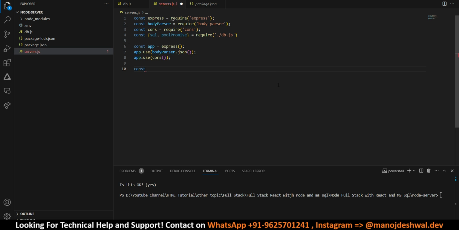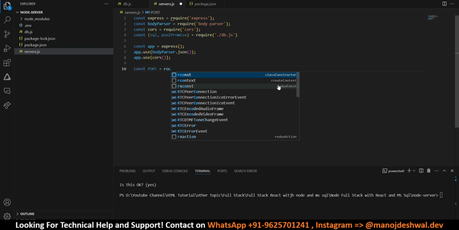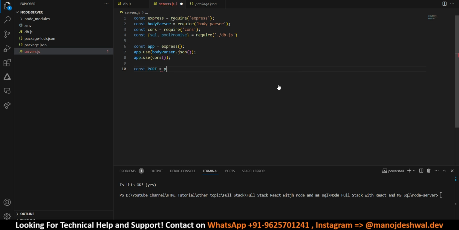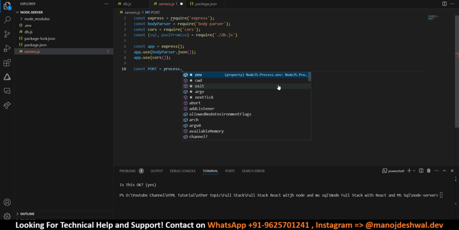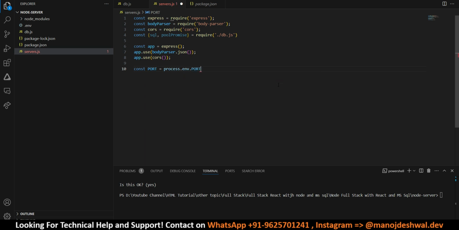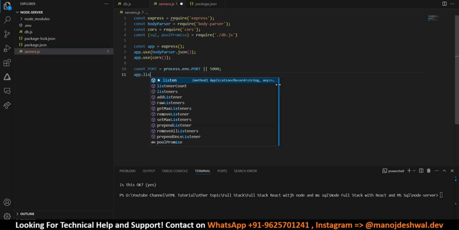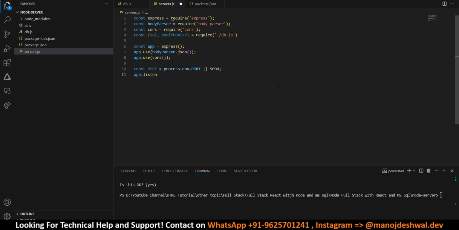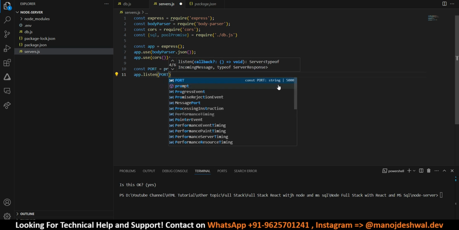So const port is equal to process.env.PORT or 5000. By default it will run on our 5000, and app.listen. So we are enabling this port to listen to our requests. So port,